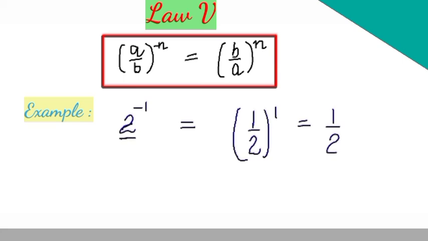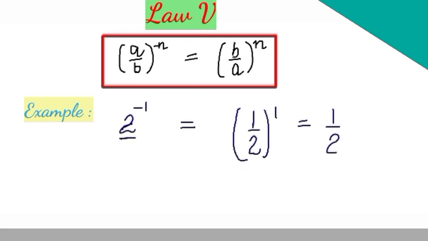The denominator is nothing here, so we can put 1. Similarly, we have put 1. Now the denominator becomes the numerator and the numerator becomes the denominator, and the power becomes positive. Clear? And if the power is 1, we can simply write it as 1 upon 2. Let's take one more example. If we have 3 raised to the power minus 2, we will write it as 1 upon 3, and the power will be positive now, which is 2.